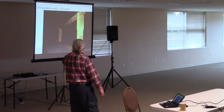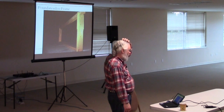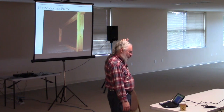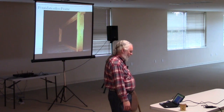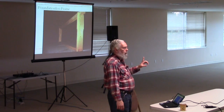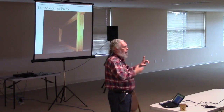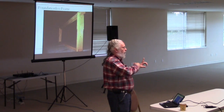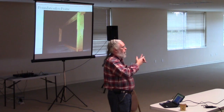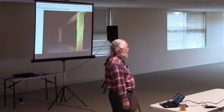Here's what a lot of my foundationless frames look like. I ordered these from Walter T. Kelly before they were offering any kind of foundationless frames. They seem to have standardized on an end bar that has a groove in it now, and I don't think I like that for foundationless. For foundation, it's nice because the foundation will slip in it and it keeps the foundation straight. But for foundationless, I've got one more place for wax moths and small hive beetles to hide in. I don't think I really wanted that, but